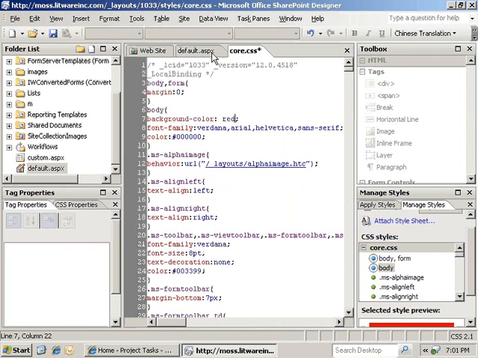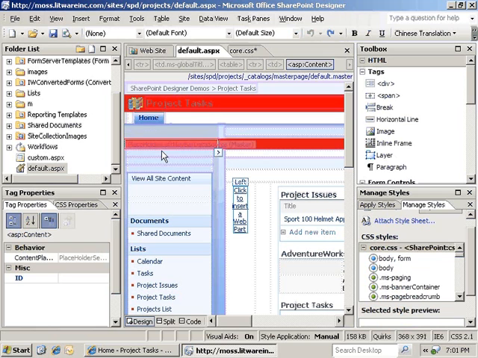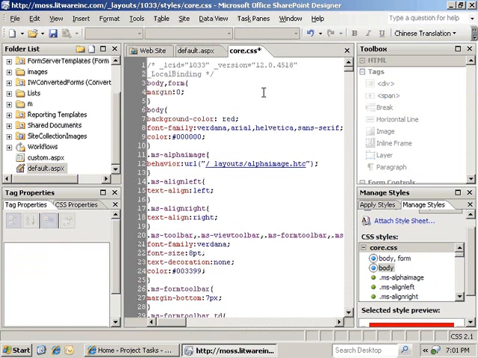Now we can go ahead and go back to the default.aspx and see what our changes look like in real time. So you can see that that background has been changed and that the red is now showing up on the page. So we can switch back over to our core CSS